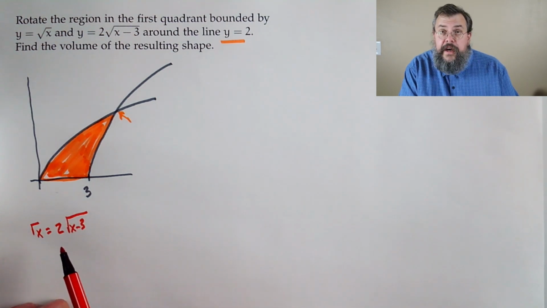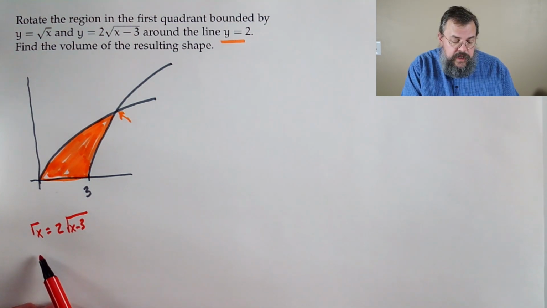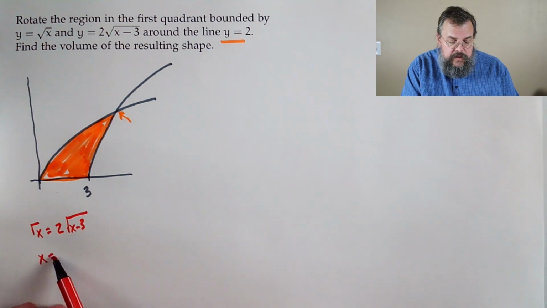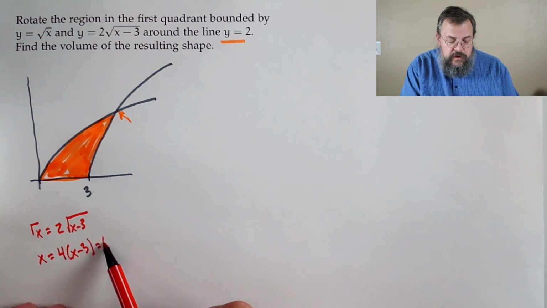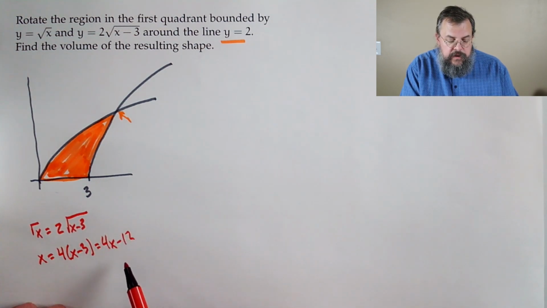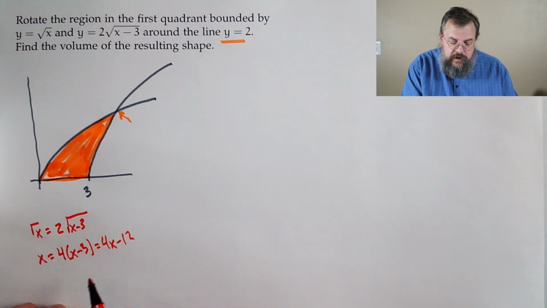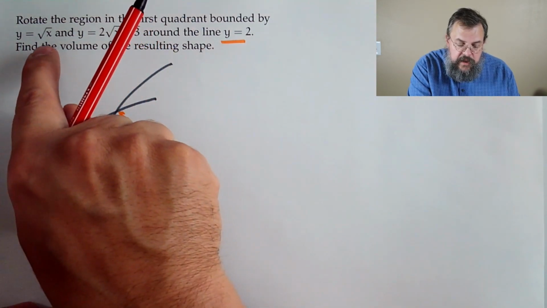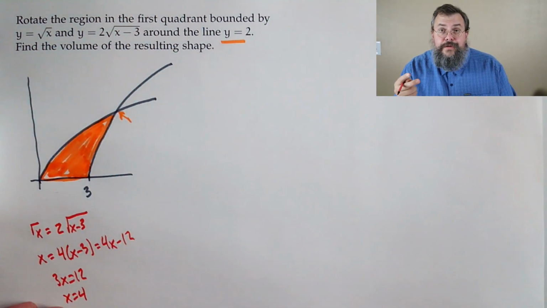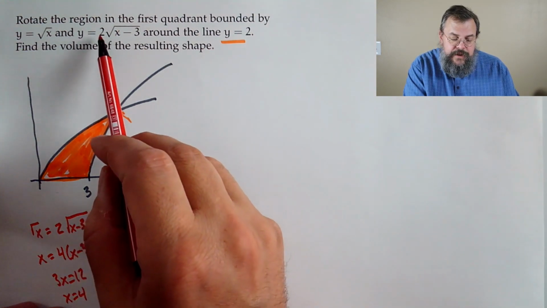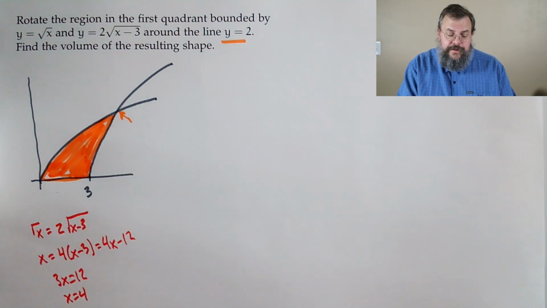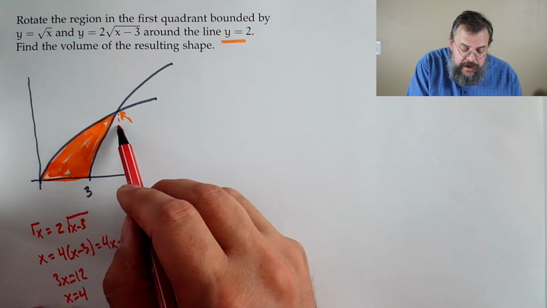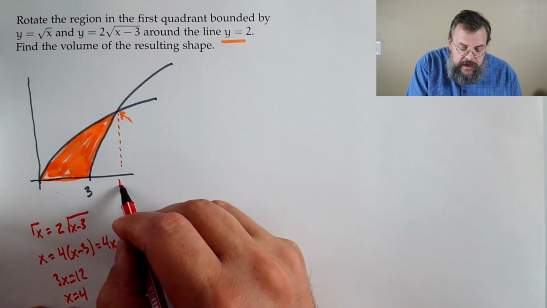If we square both sides, that gets rid of the square root. That would say that x is equal to 4 times x minus 3, which is equal to 4x minus 12. Move the 12 and the x across, we get 3x equals 12, or x equals 4. All right, plug in 4 just to check. Square root of 4 is 2. Then we have 2 times the square root of 1, which is also 2. So here we go. This would be at x equals 4